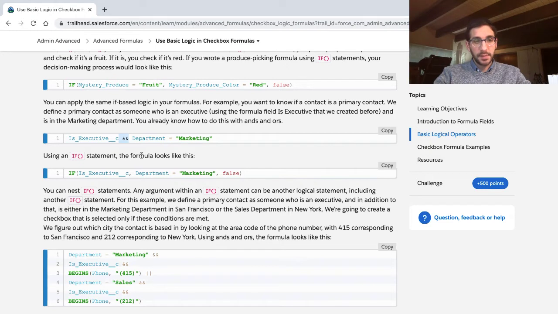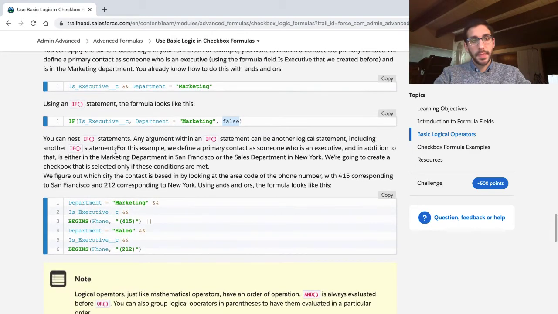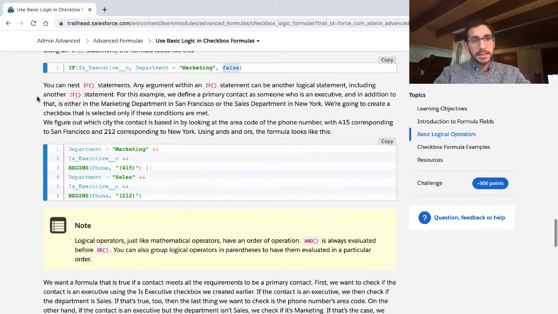Using an if statement, the formula looks like this. If is executive is true, then let's check this out. Oh yeah, the department's marketing. Cool, that's true. There's nothing else to do here. We're done. Okay, you can test if